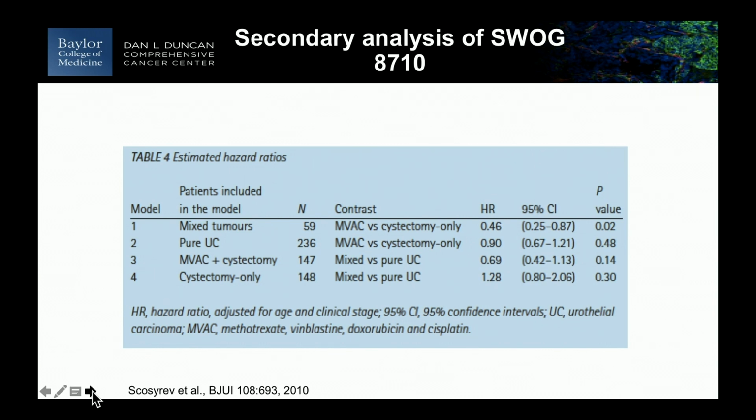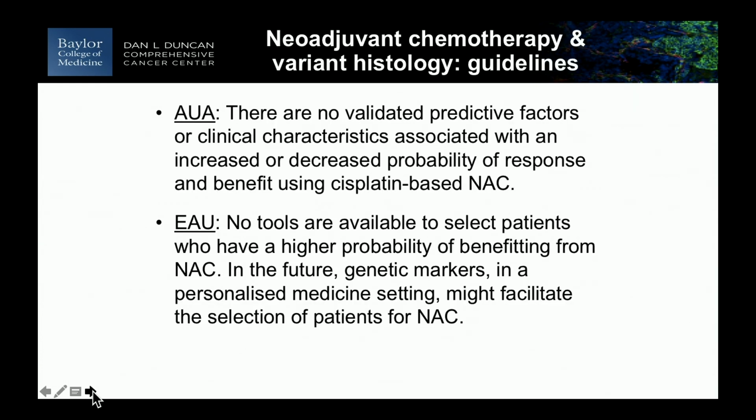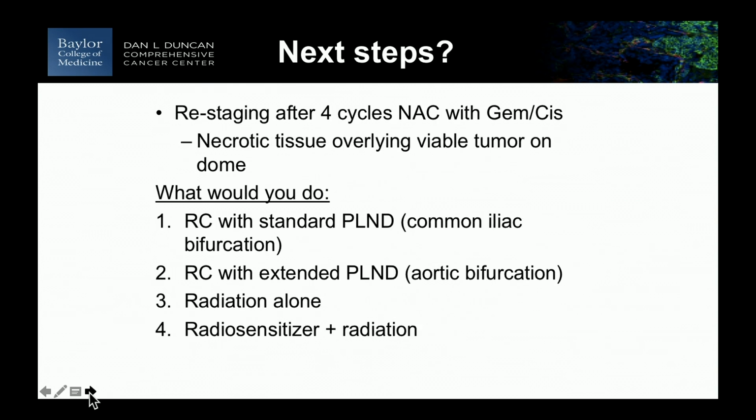That's hypothesis generating because it wasn't a pre-planned analysis in this clinical trial. So I think it just contributes to a mixture of evidence and doesn't really change the recommendations. And you can see that both the AUA and the EAU guidelines reflect the fact that we can't really select patients out at this point who are otherwise candidates for neoadjuvant